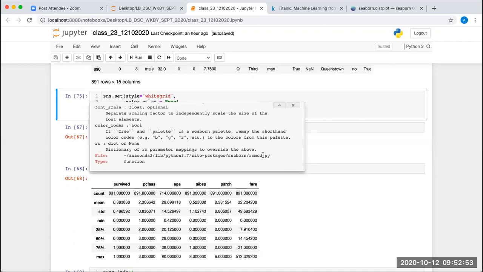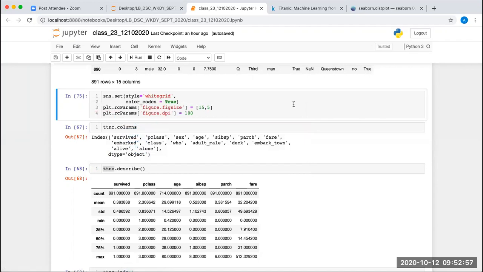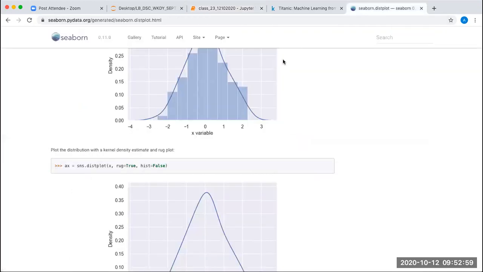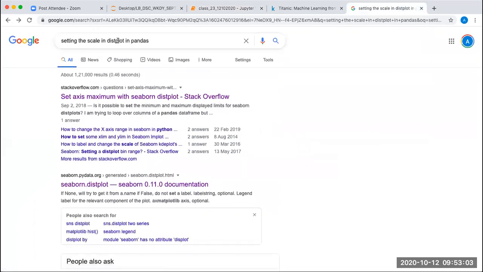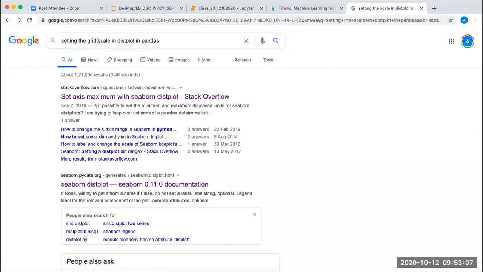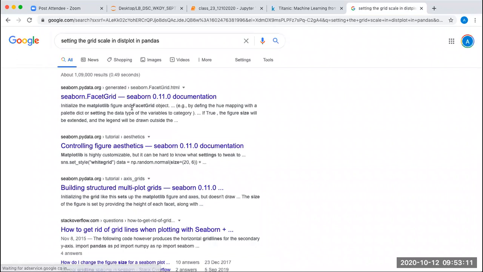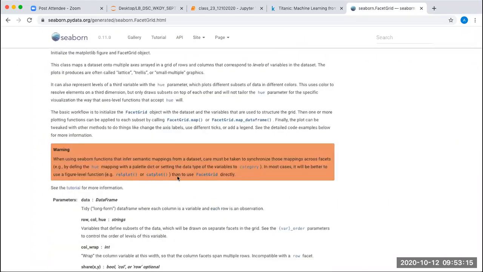To override the above. No, I don't have it here also. So we can use this preset here.